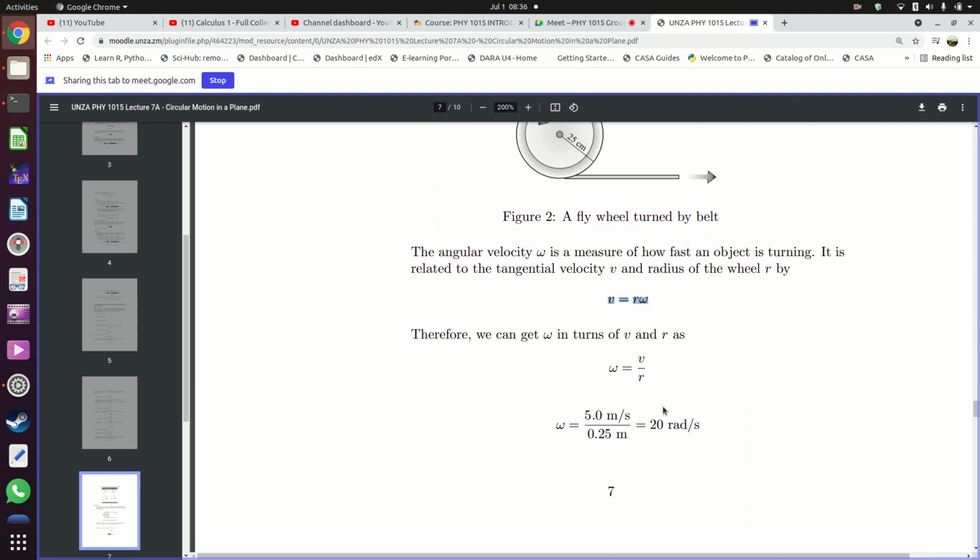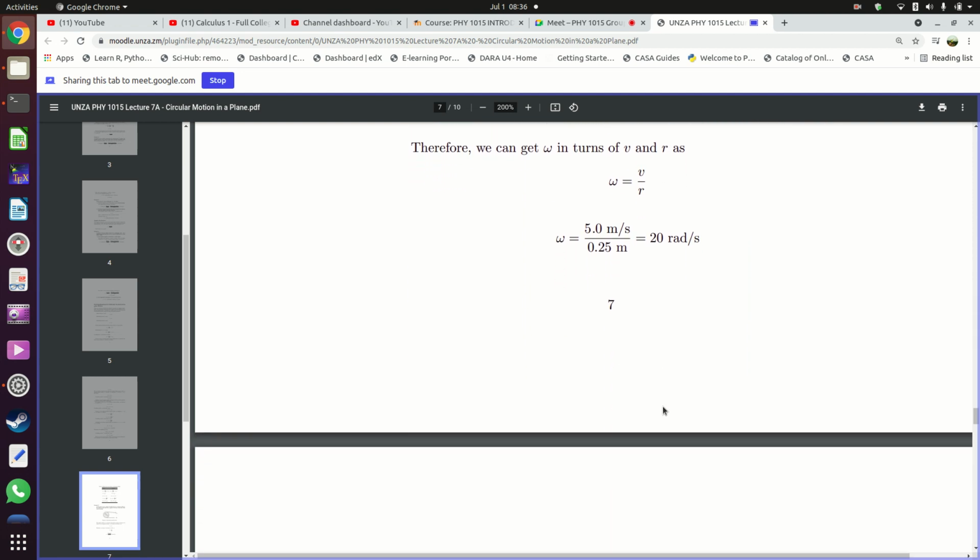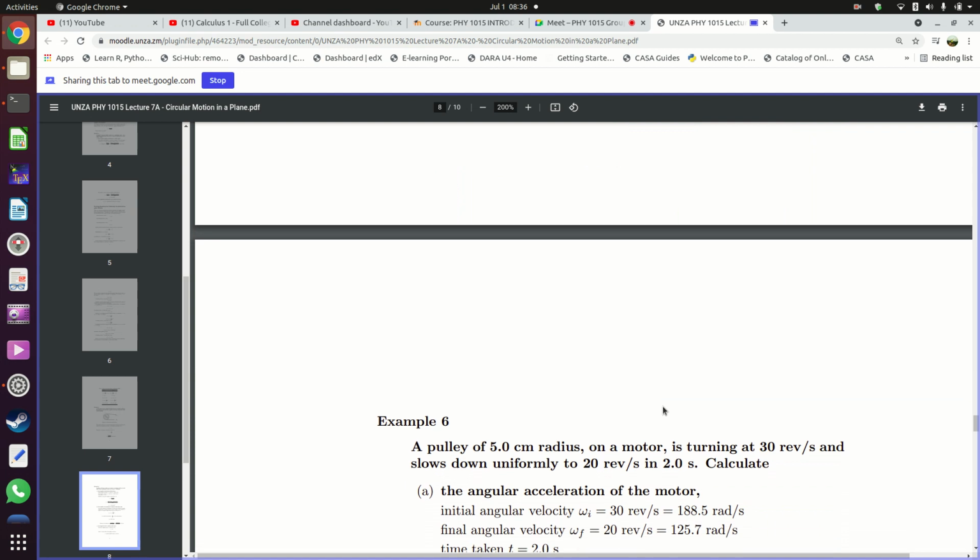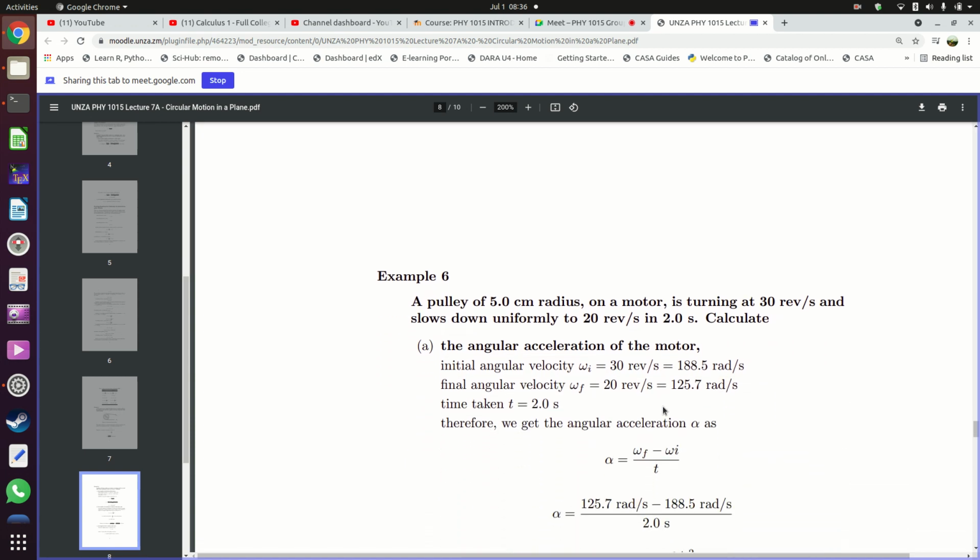There is always a connection between something moving in a straight line and something turning in different things. Okay. Next,